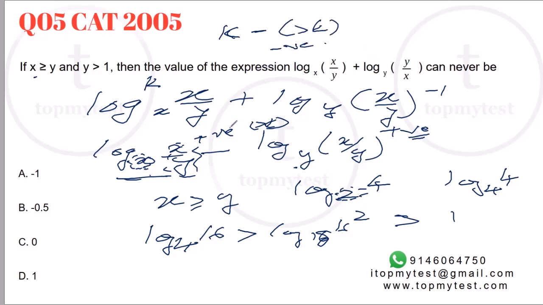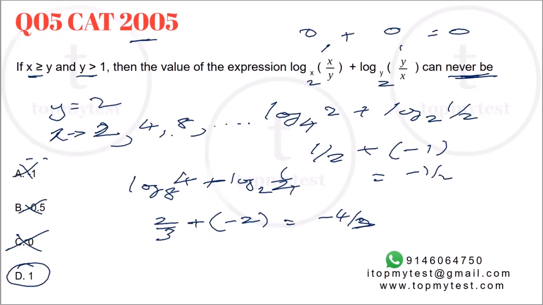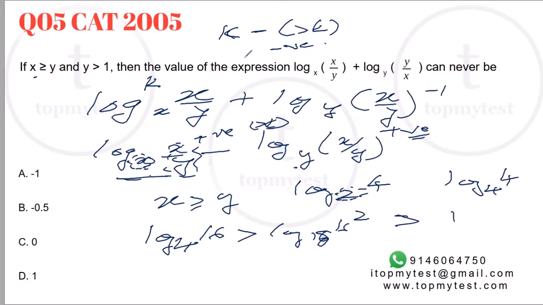Now it can be 0 when x is equal to y. We have already found that number. When both x and y were equal, it became 0. On the other hand, the moment x is not equal to y, you will find that the log to the base y will be a bigger number than log to the base x. But because that is getting subtracted, the final number will be a negative number. So -1 will be possible, minus 0.5 will be possible, 0 will be possible, 1 will not be possible. In fact, any positive number, say even 0.25 or 0.5 will not be possible.